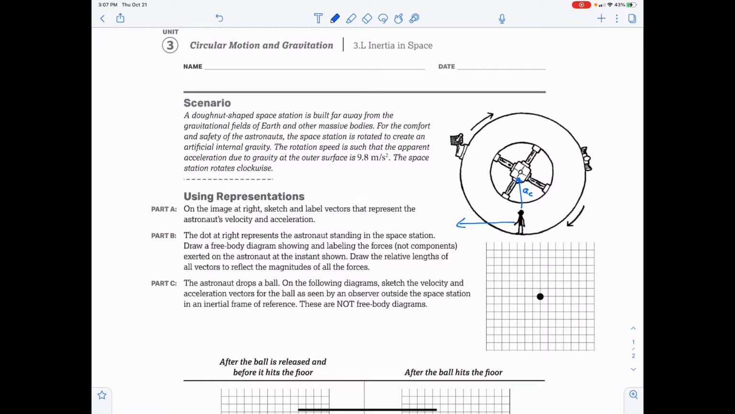Part B. The dot at the right represents the astronaut standing in the space station. Draw a free body diagram showing and labeling forces exerted on the astronaut at the instant shown. Draw the relative lengths of all vectors and the magnitudes of the forces acting. Well,